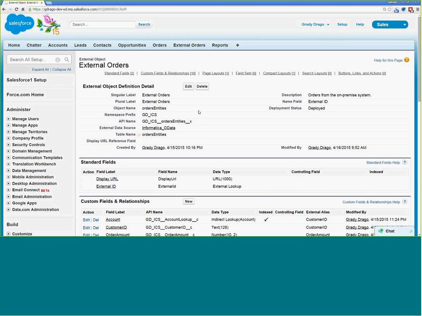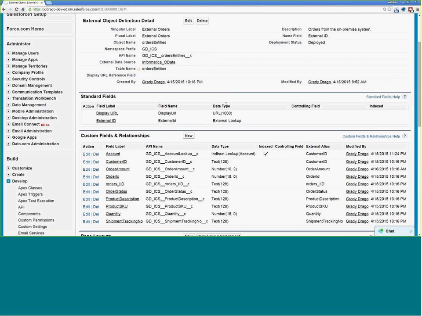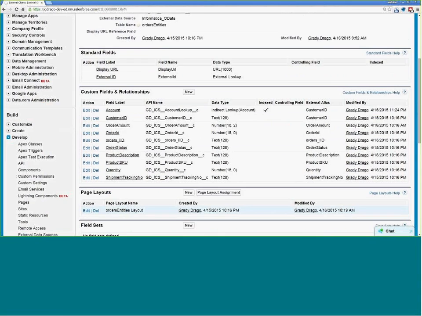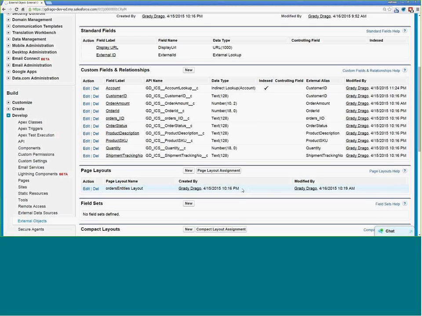So at this point in time, Salesforce would have interrogated all the metadata and retrieved all the metadata from the MySQL database through our OData provider, and we would automatically have all the details around the connections, such as the metadata about the table, data types, aliases.